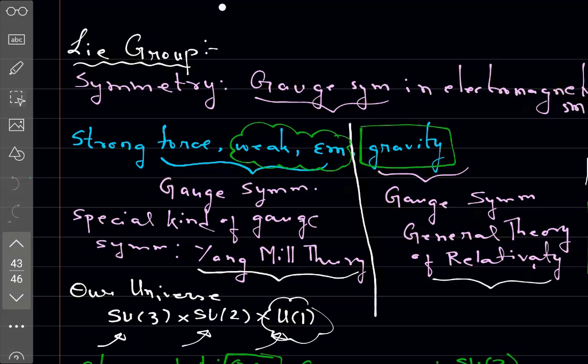Okay, but I don't think there is a notion of group here. The reason is we always associate a group with the Lagrangians, right? We say that it is invariant under such and such transformations. But for gravity, we don't have that kind of field theory Lagrangian for which we can say, hey, look, we have this field theory model and these are the gauge symmetries. Well, in gravity, the gauge symmetries are actually coordinate transformations. And there are some issues with gravity, and maybe after finishing the group theory lectures, we will have this discussion.